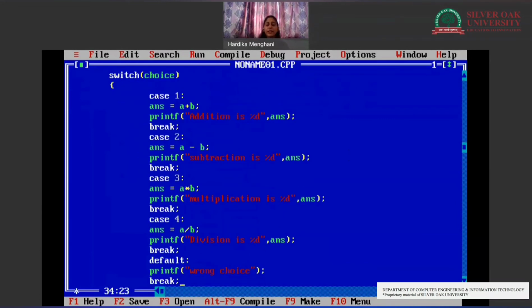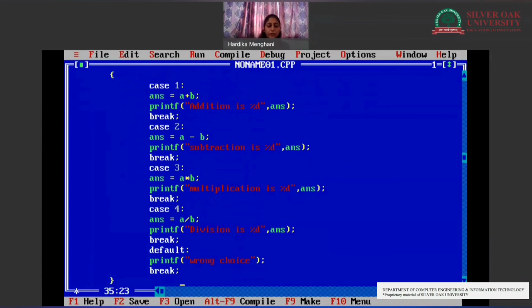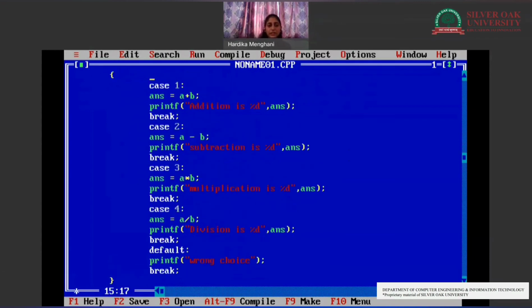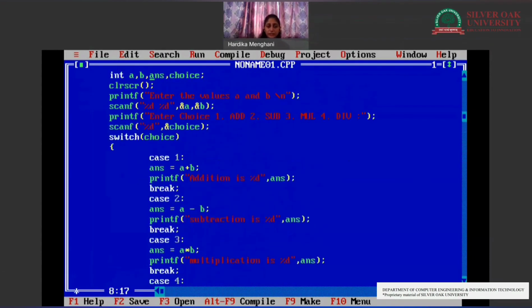That means when you enter a value that does not match case 1, case 2, case 3, case 4, then it will by default go into the default case. So now we'll be writing our getch. Okay. So here is our switch case that is ready to be executed.